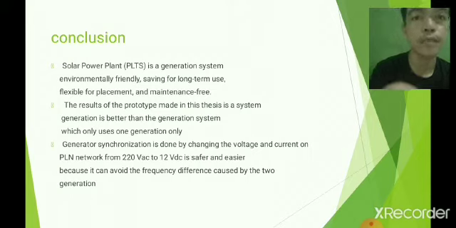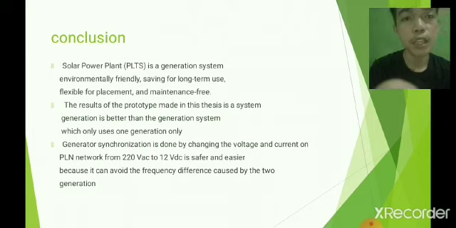Number 3, generation synchronization is done by changing the voltage and current on the PLN network from 220 VAC to 20 VDC, which is safer and easier because it can avoid the frequency difference caused by the two